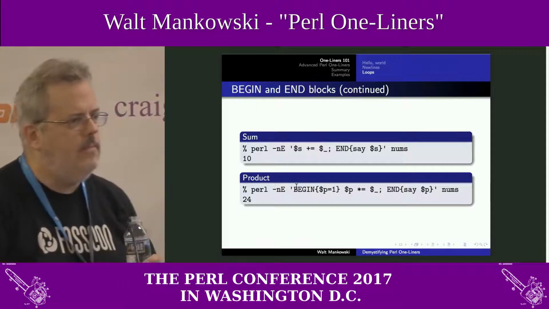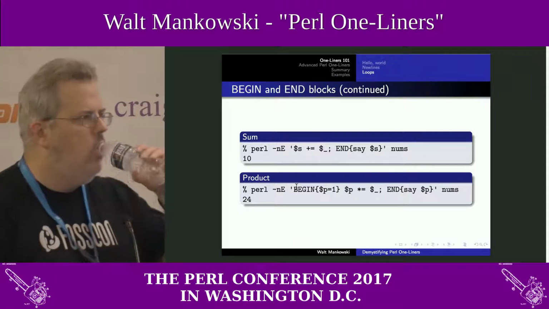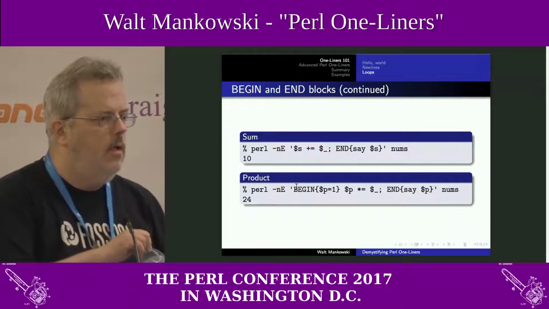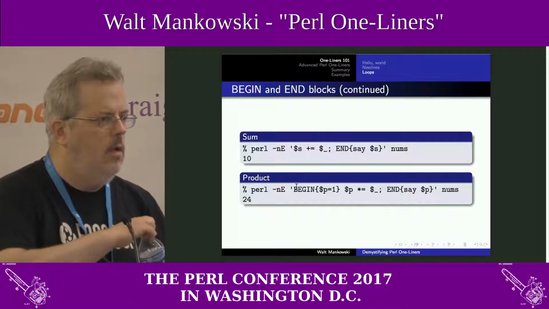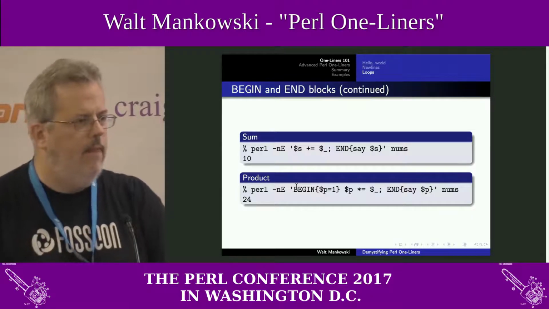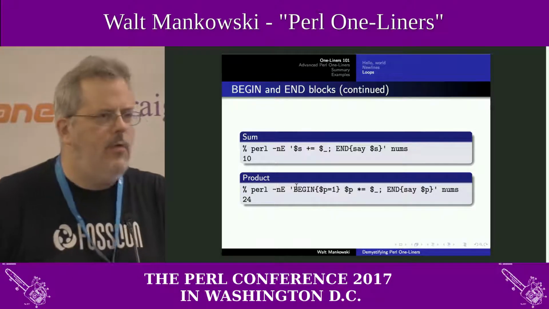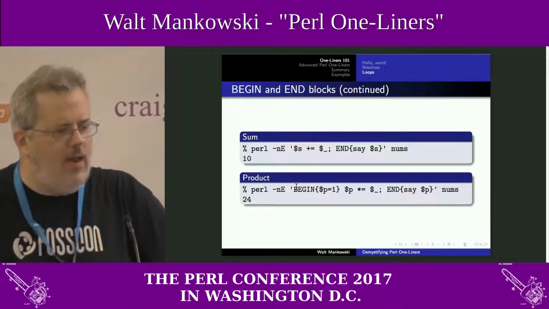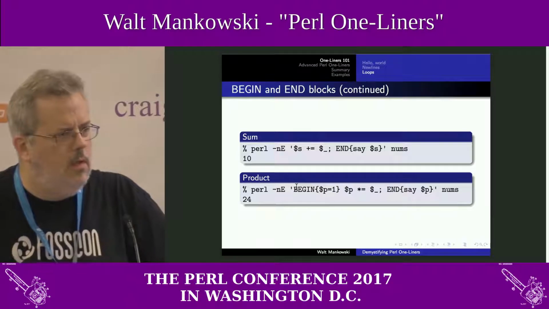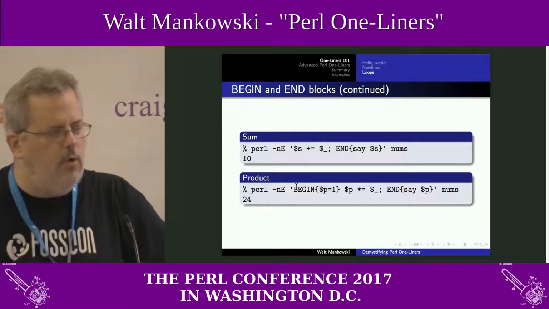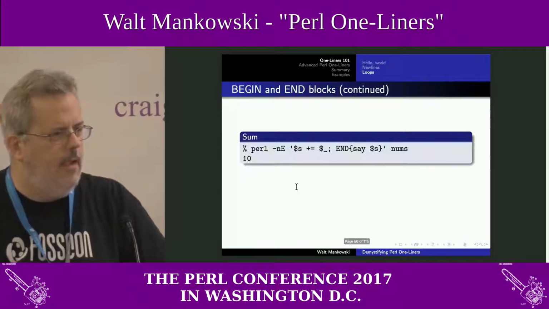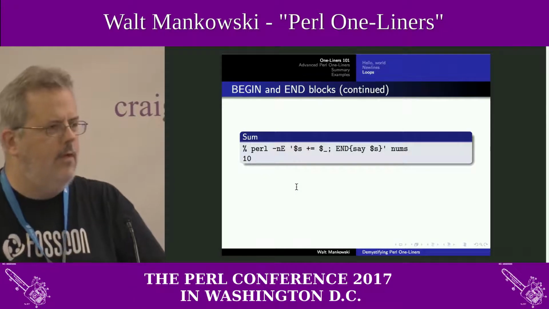Yes? So in the first example, the program that is created, are there 10 end blocks? No. The question was, in the program that's created, are there 10 end blocks? Why would there be 10? Because there must be 10 lines in the nums file. No, the nums file is 1, 2, 3, and 4. Okay, are there 4 blocks in the? No, because